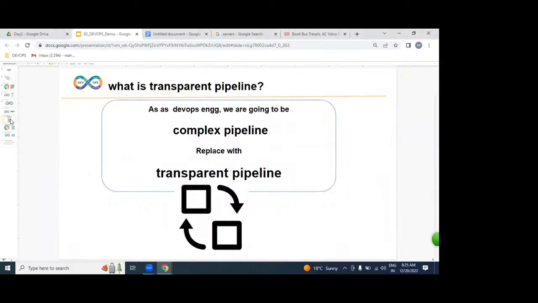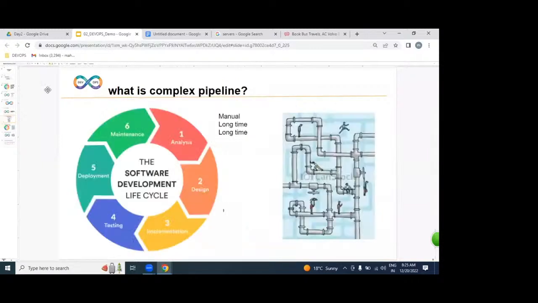When you step into the company, you see only a complex pipeline, an existing process that developers are already working with. But what are we going to do? We're going to replace a manual process with an automated process. The manual process we call complex, but the automated process we call transparent.